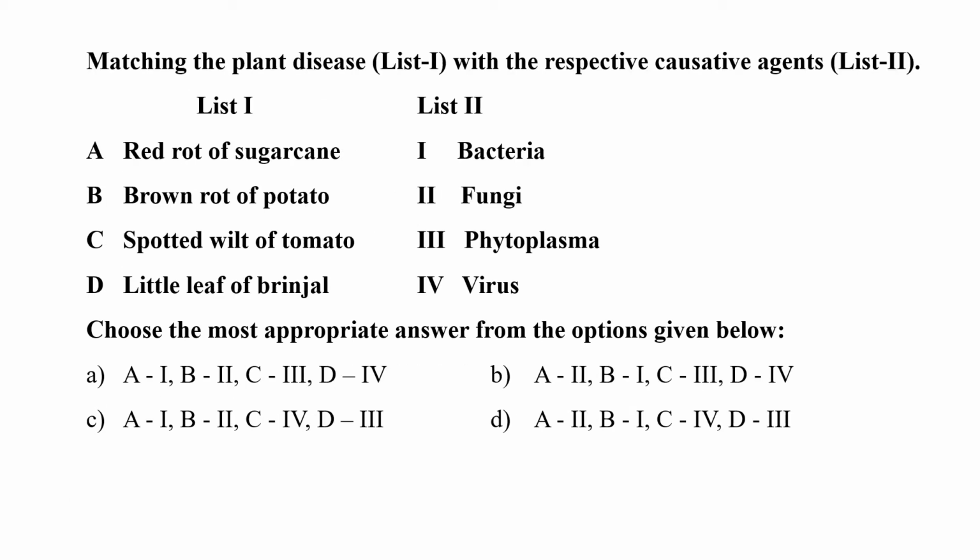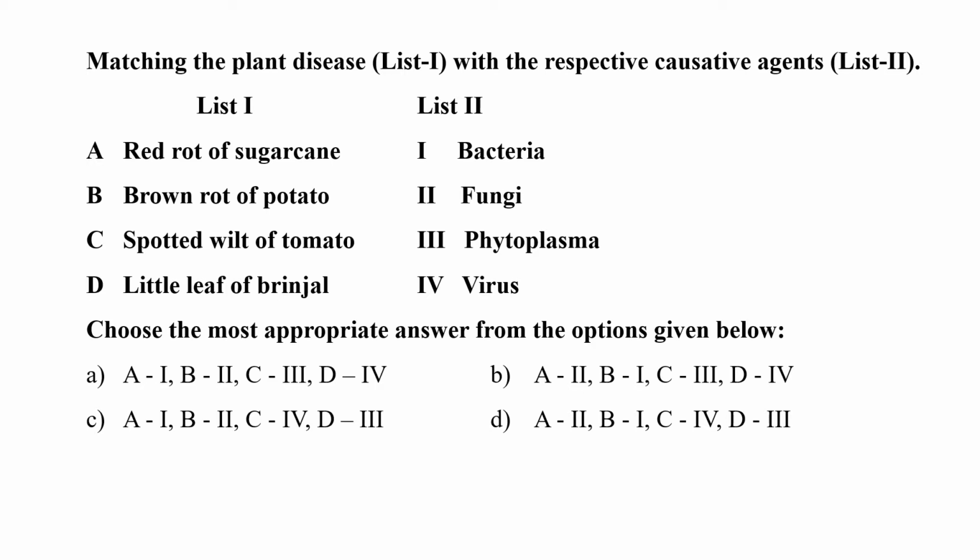Next question is, match the plant diseases in list 1 with respective causative agents in list 2. A, the red rot disease is caused by a fungus called Colletotrichum falcatum. B, the brown rot of potato is caused by a bacterium, and the bacteria is known as Ralstonia species. Third, the spotted wilt of tomato is caused by a virus known as the tomato spotted wilt virus of the genus